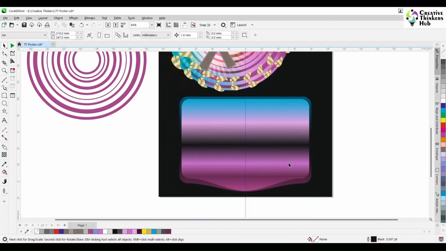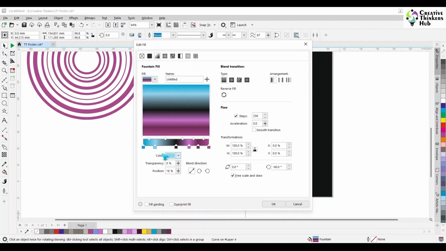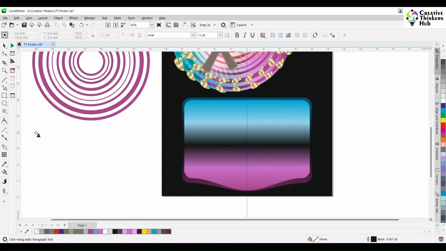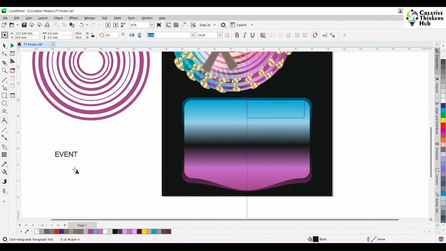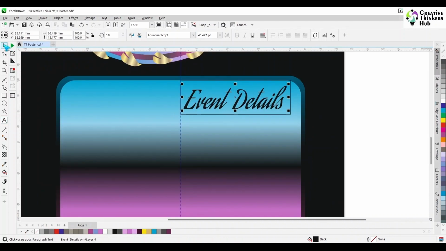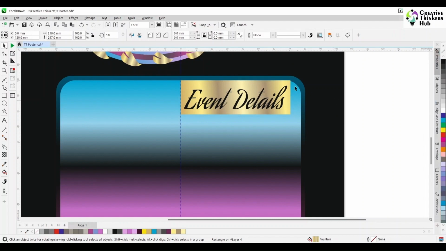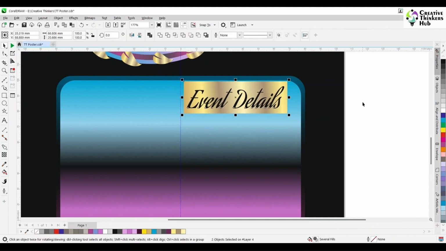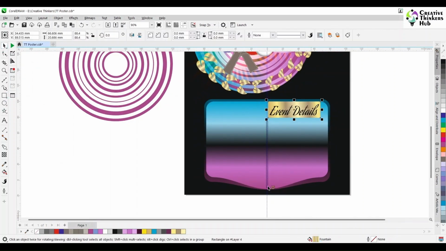So, and we play with these also, reduce the colors. Yeah, this is good. And now we put this here and we take the same color, we write event details and we take our font Aquafina Scriptina because there is no T, we take the same color of the leaf in this and we put this here. So these are our event details. Use the same color of the leaf again here also. So this is a dividing line,